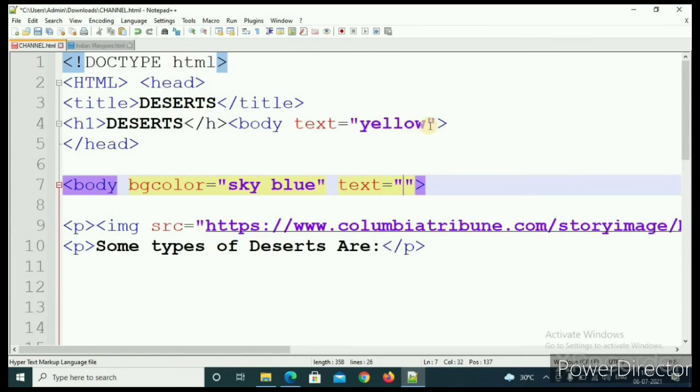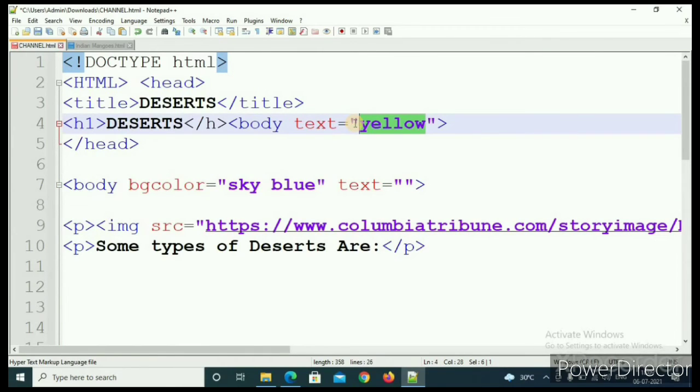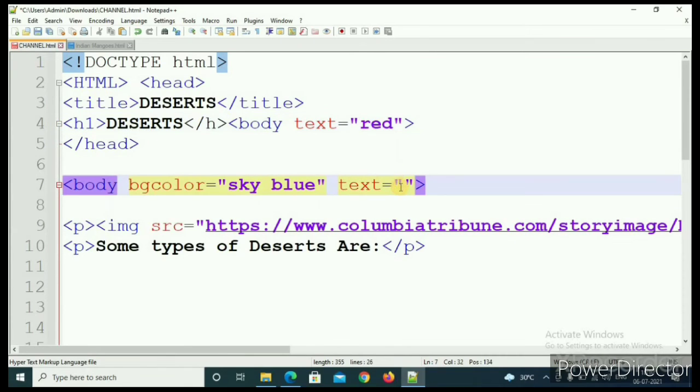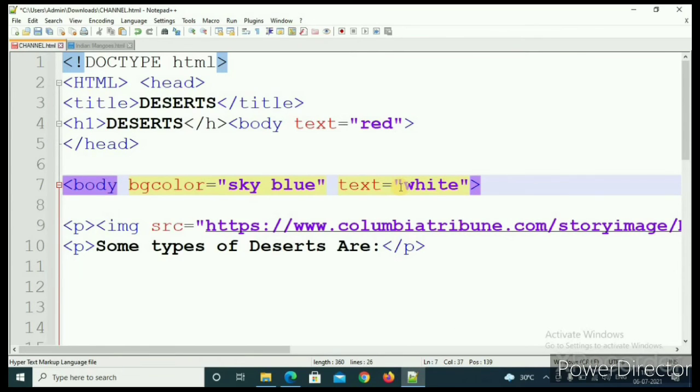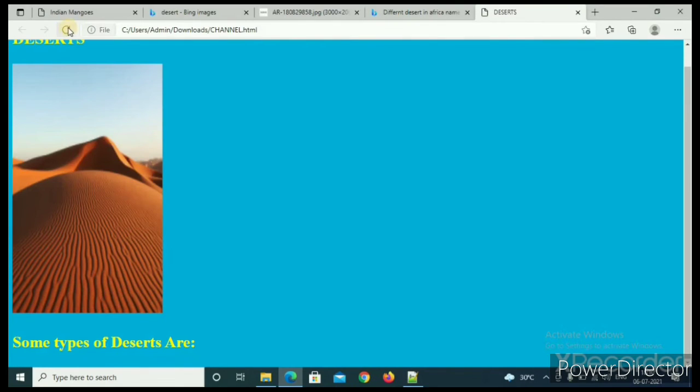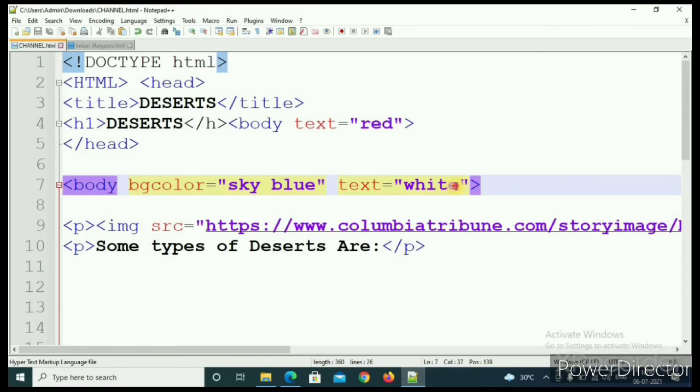No, here I will write red, and then here, yeah, now it's, yeah, if I change this to yellow, it will work.